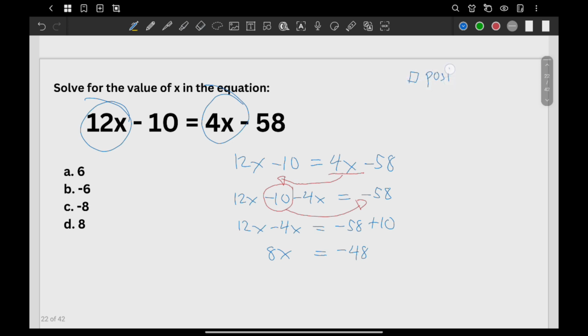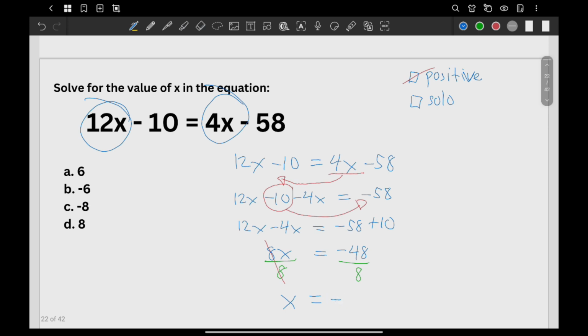Positive. And then solo. Is the variable x already positive? Check. Solo? Not yet. What do we need to do? Divide both sides by 8. Why by 8, sir? Because we want to remove the 8 here. And what will happen? We have now x is equal to, okay, negative number divided by positive. There's only one negative sign, so the answer should be negative.